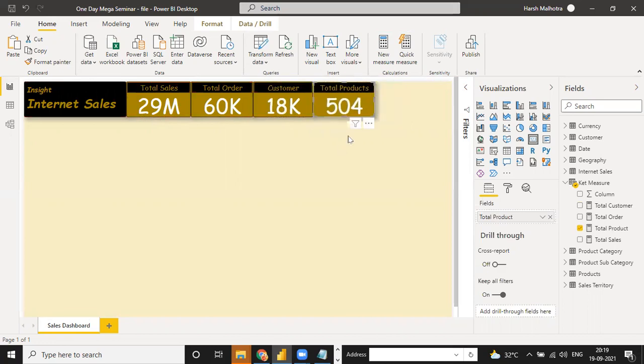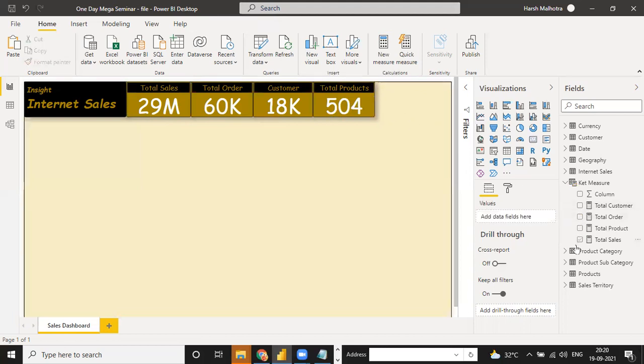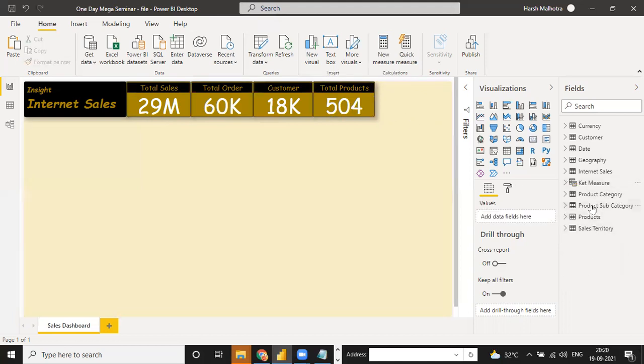So here total order is the total number of transactions during all the completed years. So total order means your total number of transactions, like 60K. Okay, yeah, sum of all transactions. Right? Okay. And total sale is the sum of sales value, unique customer, and total product.